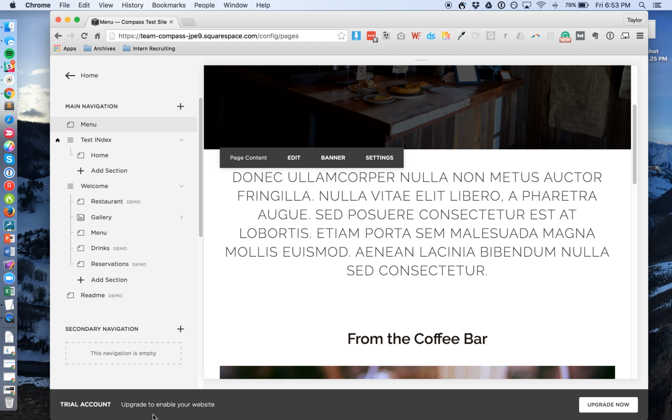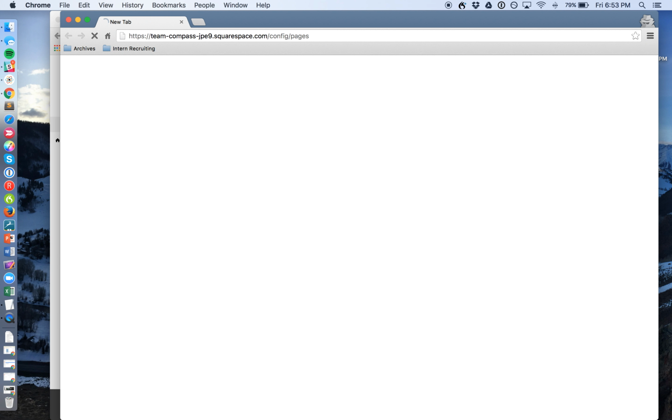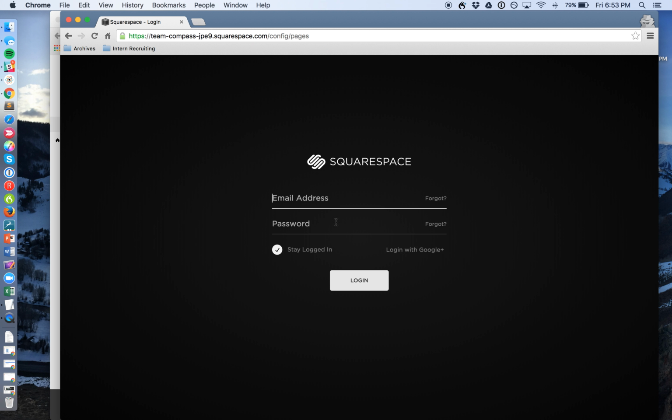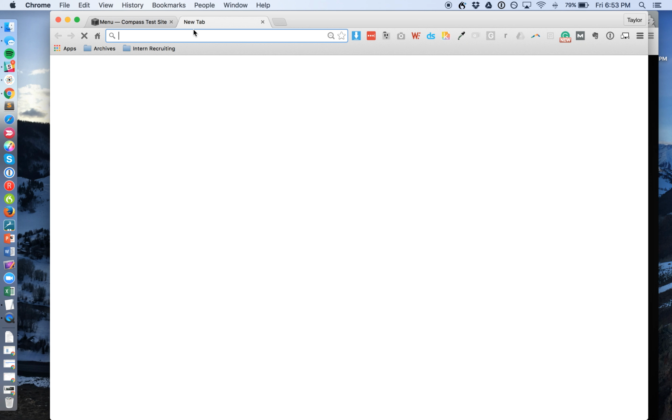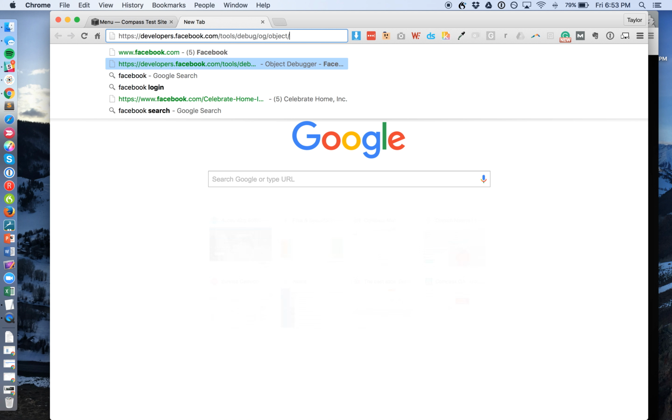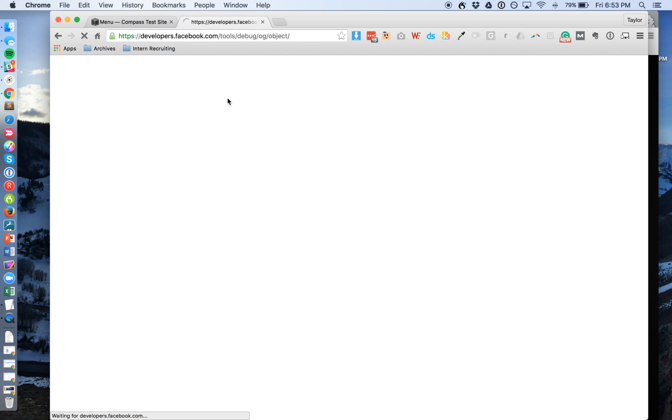Now, one thing I should note, and because we're stingy, we're not upgrading this site to a real site. This page actually won't render online, so Facebook won't actually care about it. It's just going to bounce it because this login screen has to appear. But I can assure you that if I launch this website and went to, I'll include this in the notes as well, Facebook debugger,